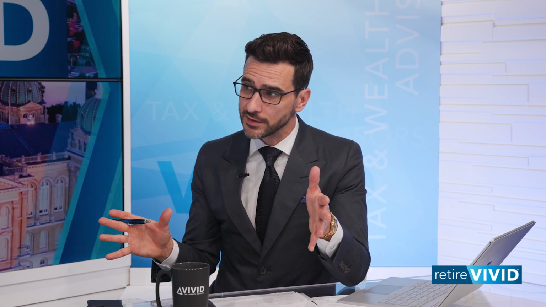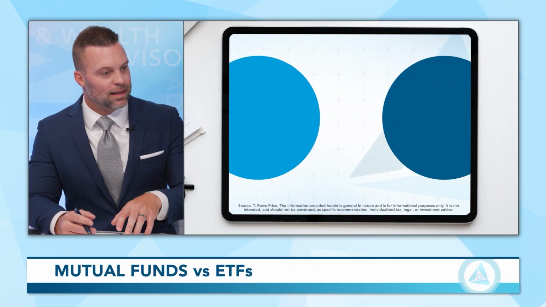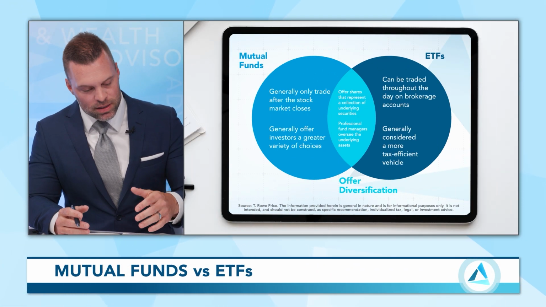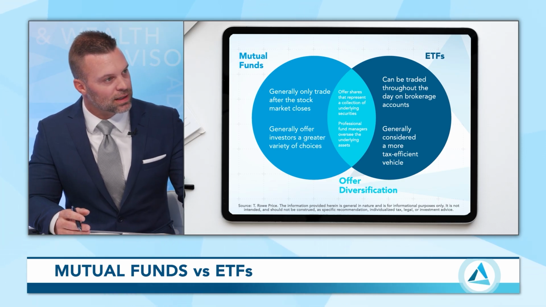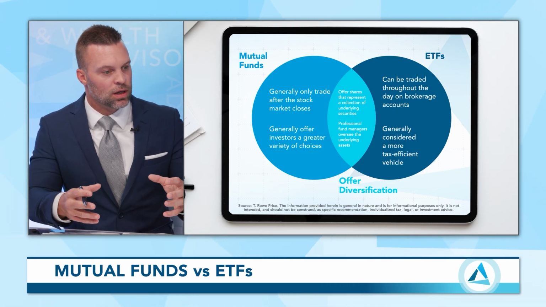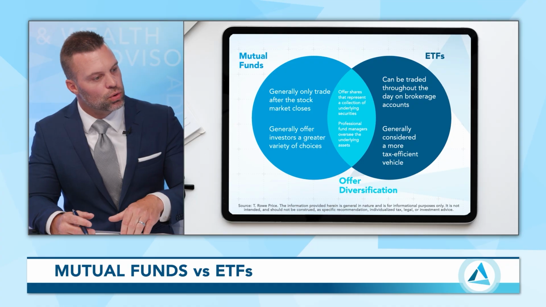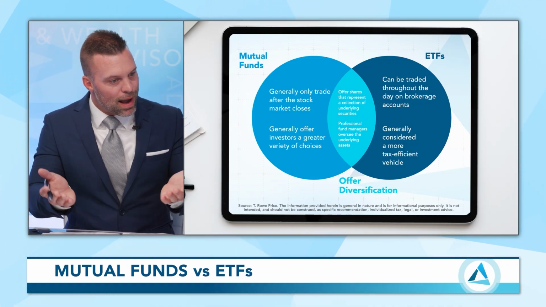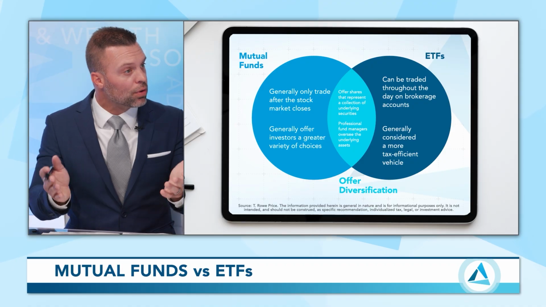We'll talk about asset location in a minute, but one big one, especially with what a lot of people are in, is the difference between an exchange traded fund, or ETF, versus a mutual fund. Again, we're talking taxes today, and there are differences between these two. You can find ETFs or mutual funds that try to do the same thing. Comparatively, ETFs tend to be more tax efficient, and that's through how they are created. They have a creation and redemption process, which is more of an exchange of shares, compared to a mutual fund, which tends to have essentially a wrapper around the holdings.